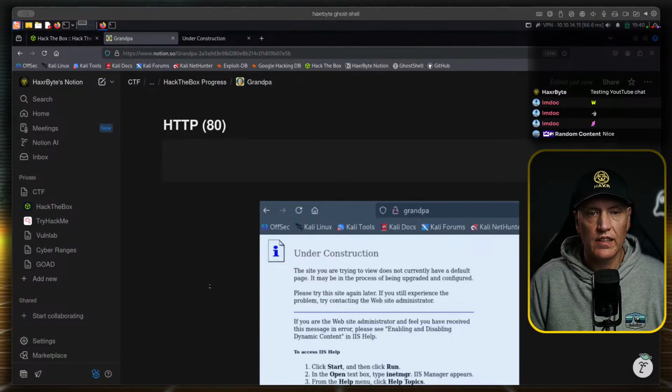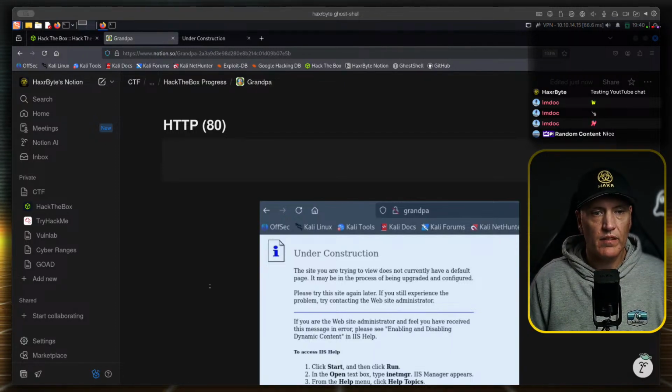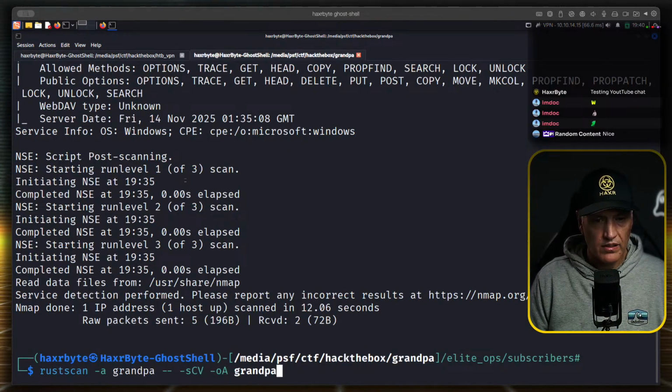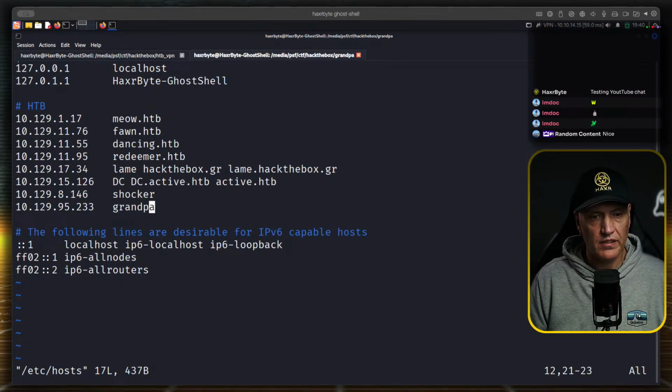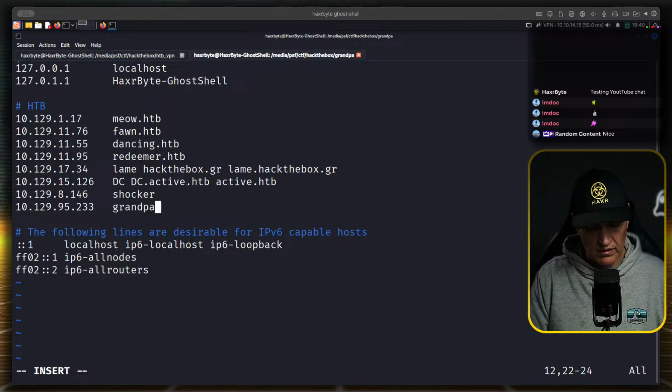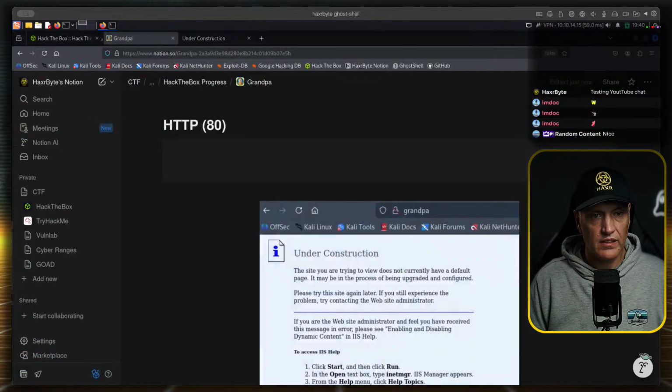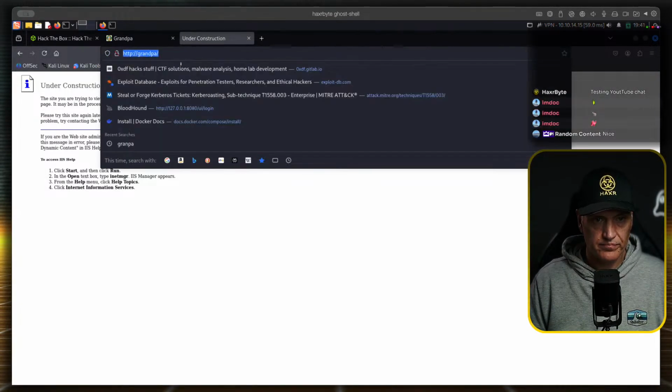Say, for example, the box is grandpa.htb. That's actually a good point. I normally like to name these .hackthebox, just because then I know that's typically the naming convention HackTheBox uses.